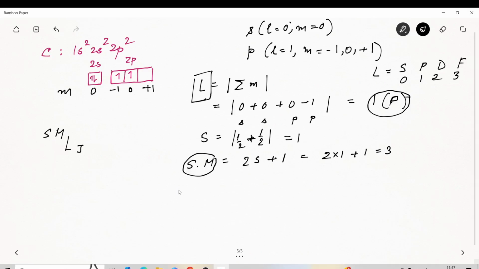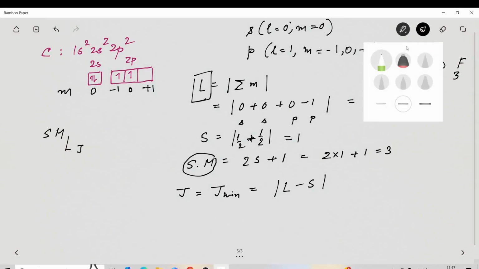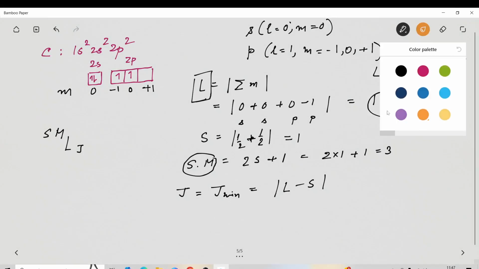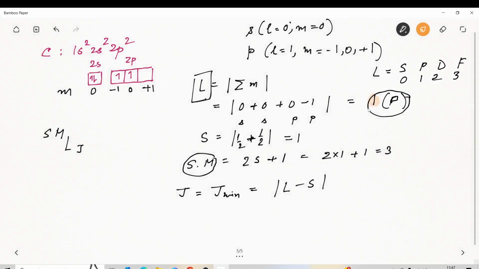Now we have to find the value of J. So J should correspond to J min because it is less than half filled. So this will be L minus S. So what is the value of L? L is 1. দেখো এখানে L এর ভ্যালুটা 1 আছে আর S এর ভ্যালুটাও 1, তাই তো? S এর ভ্যালু কিন্তু এটা নয়, this is spin multiplicity. This is a common silly mistake যে S এর ভ্যালুটা spin multiplicity বসিয়ে দিল।